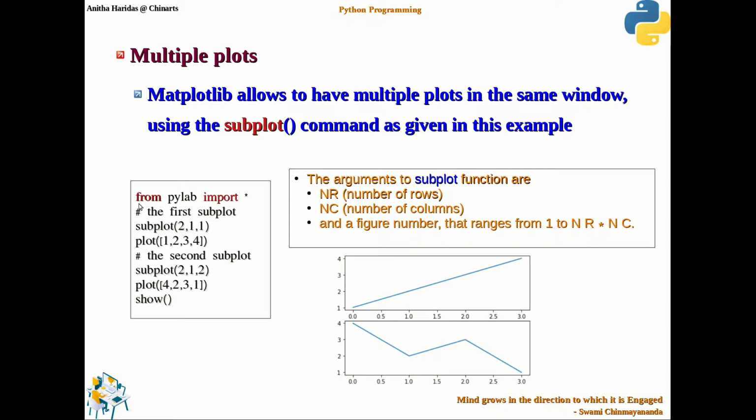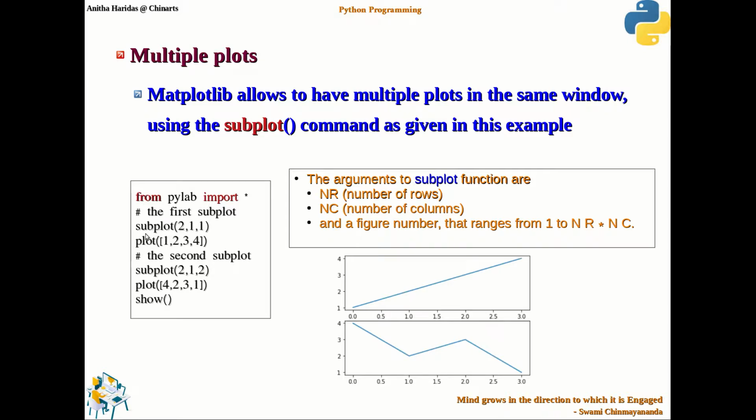Now let us take this particular code. So this is a simple code where I have pylab imported with all the modules, and I am going to create the first subplot using the subplot method. Then the second subplot will be created with the subplot method again, and then I am going to plot it. Then I say show, right?